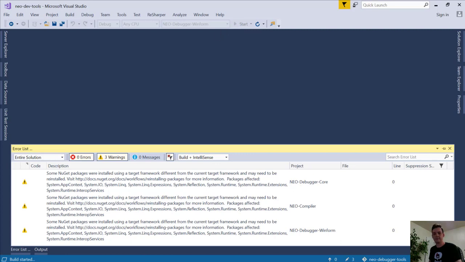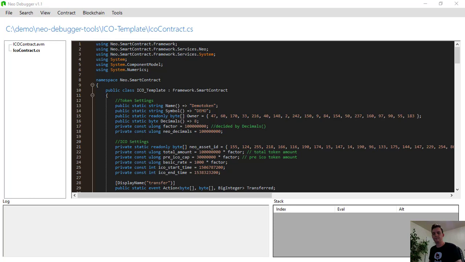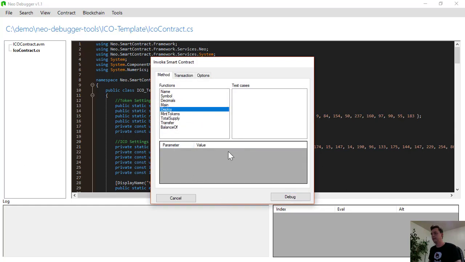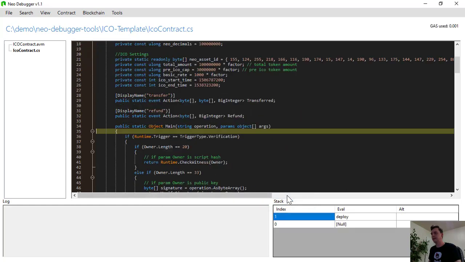Just give that one second to fire up. Okay, so that's up and running now. You can see here that we get this little environment. You can actually use this as an IDE and change it and compile it. I've been having a few issues with it. I like using Visual Studio myself, but you can do work out of here. So what I want to do is step through this code. There's a deploy method. You can see it takes no parameters, and I'm going to step through that. So now you can just use your keyboard